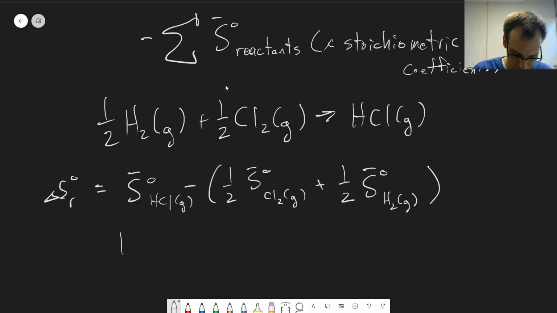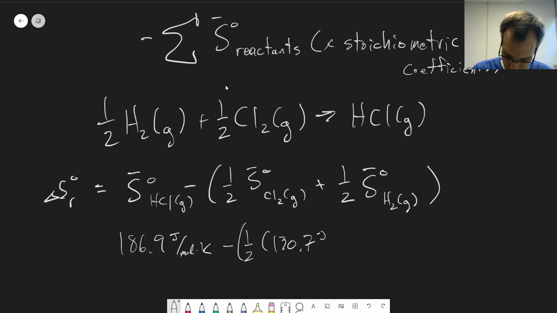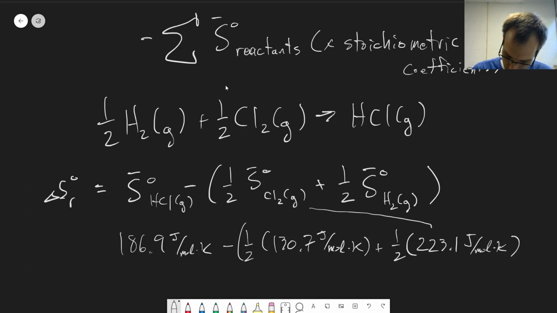The values here, if we look them up, are 186.9 joules per mole Kelvin minus 1/2 times 130.7 joules per mole Kelvin plus 1/2 times 223.1 joules per mole Kelvin. I just noticed in my notes I have these backwards. So this one is chlorine because it's heavier. This one is hydrogen. Otherwise these don't really make sense, because hydrogen should have the smaller entropy as a much lighter molecule. So if we go ahead and do that, all of this works out to be